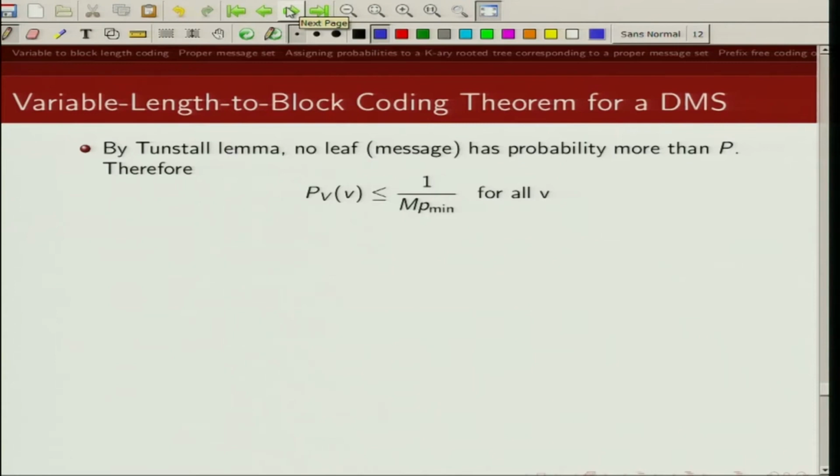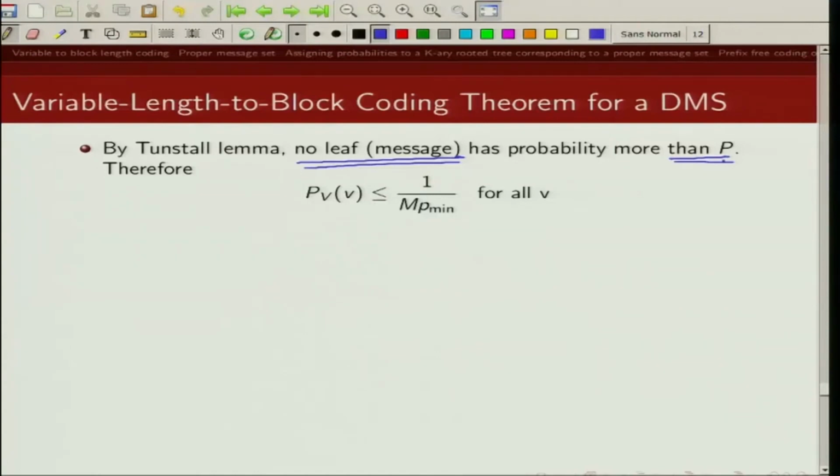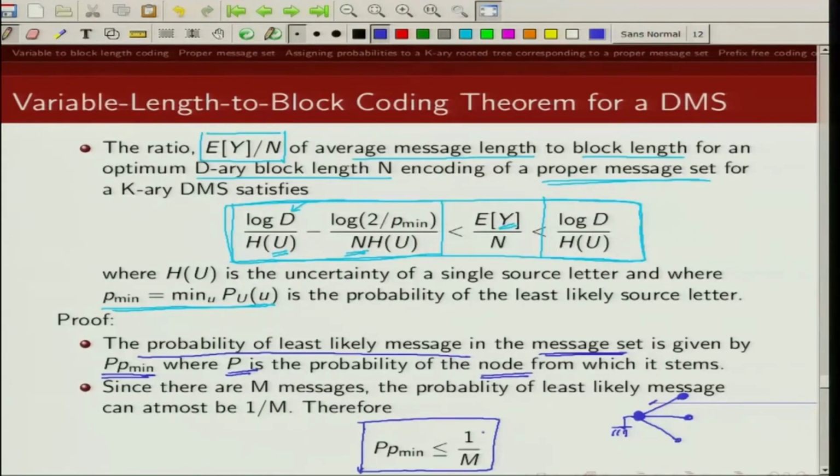Now according to the Tunstall lemma, no leaf has probability more than p. Why? Because in Tunstall coding we are extending the most likely leaf. So there would not be any leaf that has more probability than the nodes, right. So then we can write, if this is the probability, this is the upper bound on the probability of a message